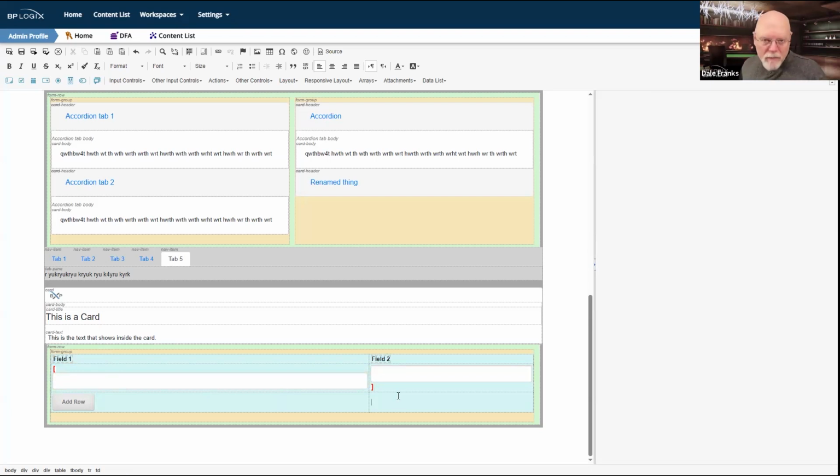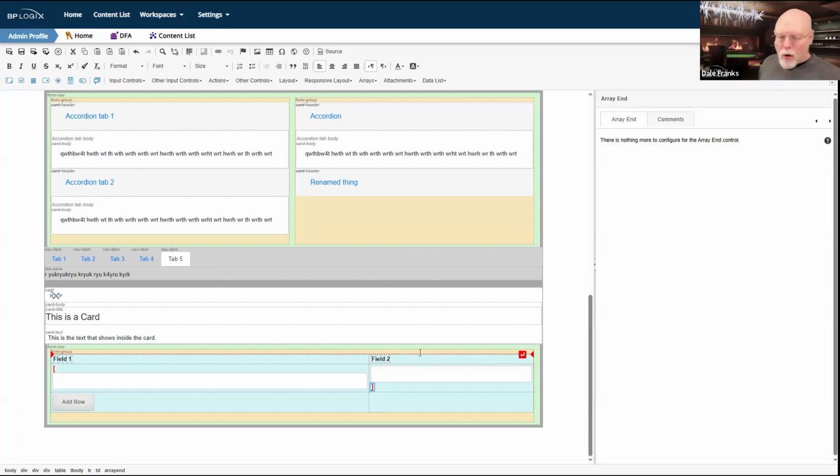Now, arrays are a little bit wonky sometimes because sometimes I need 2 rows of a table to create a single array row. And if that is the case, then my end array control would need to be the very last control in column 2 of row 2 of this table.